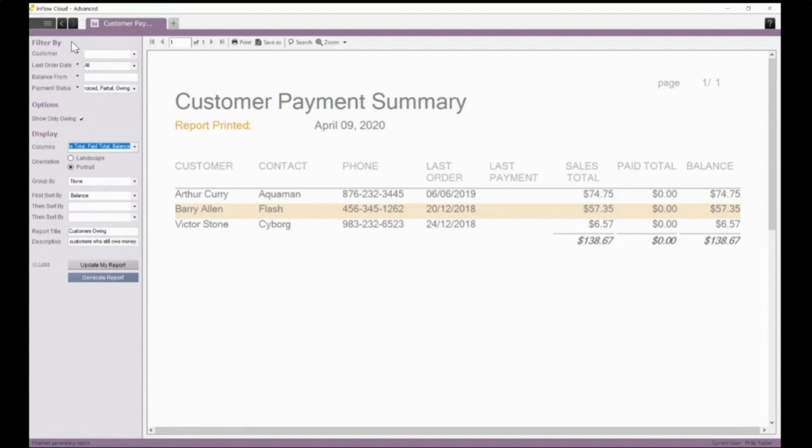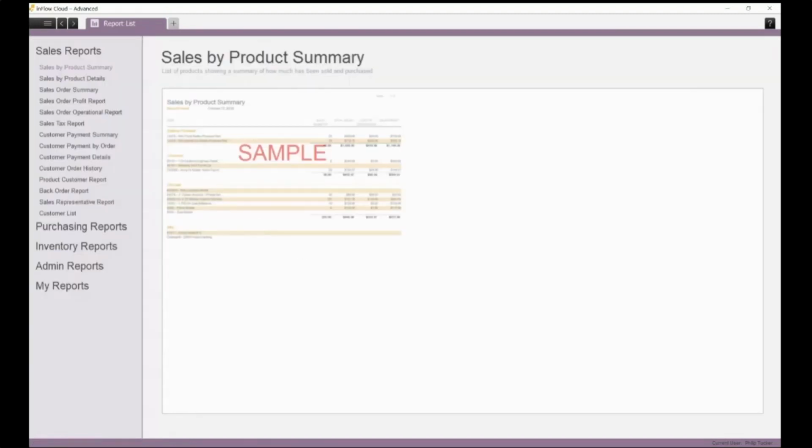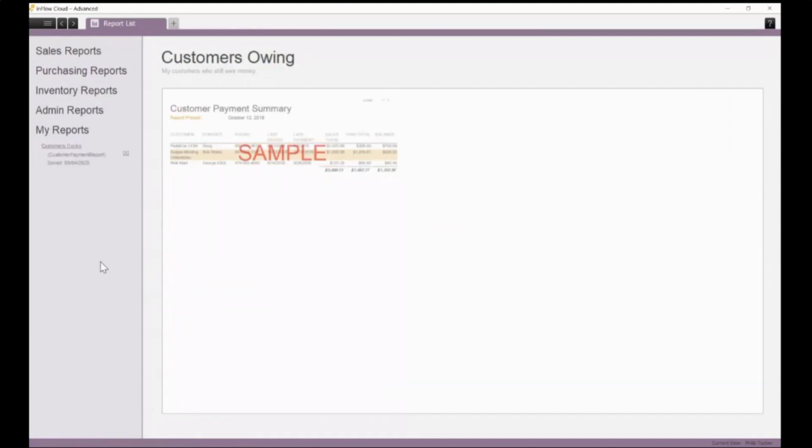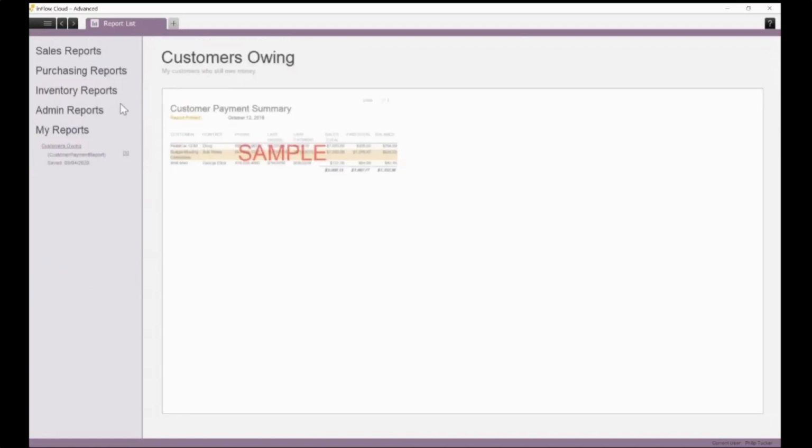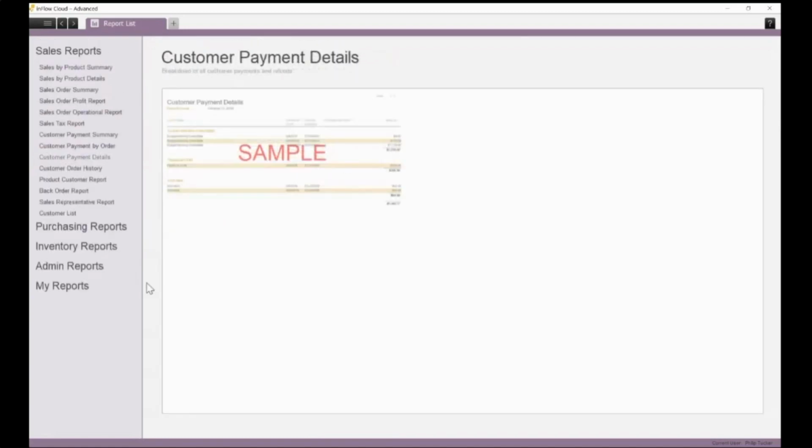And then now when you're in the reports section, if I go under my reports, you'll now see we've got this Customers Owing section here, and it will keep all the settings that I had saved, like uninvoiced, partial, anything like that. So if we want to see that work,